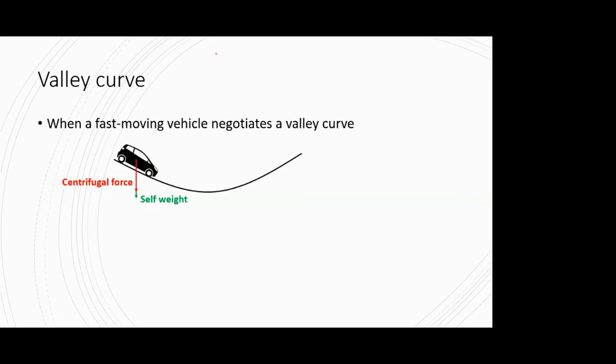So in a horizontal curve, we had seen that if this is the vehicle and this is the curve, your centrifugal force will be acting outward, whereas we have to keep the vehicle on the inner track. Okay? So in that case, it was the centrifugal force which was acting in the opposite direction of all the forces that we had. But now we have changed the scenario. It was this we had considered in a horizontal curve. Now that curve has become vertical.